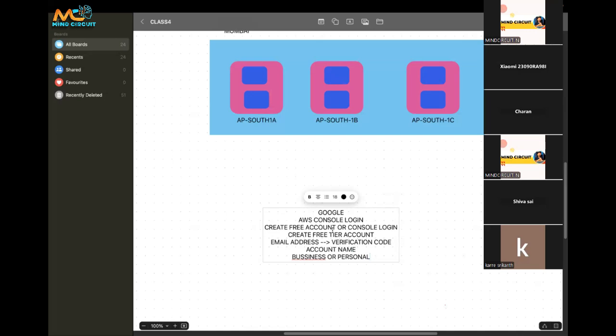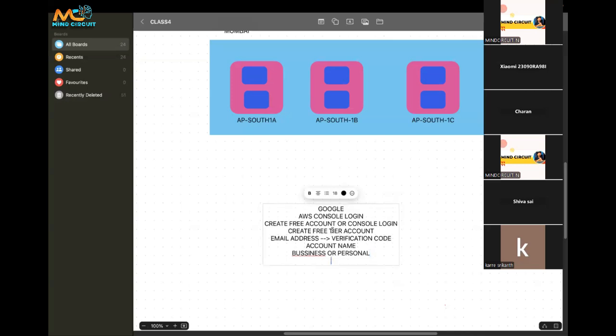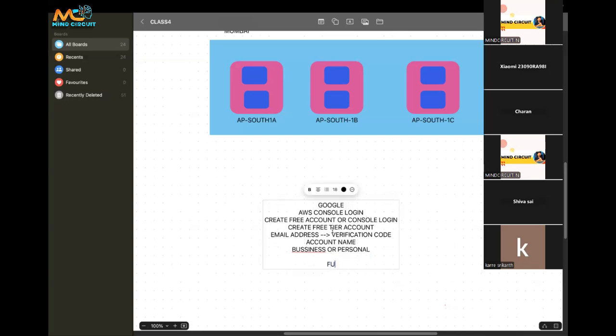By mistake, if you leave it as business, the amount will automatically be debited from your card. Once you create the account, it will be difficult to identify whether it is business or personal, so make sure while creating it that you select the personal account, and give your full name,